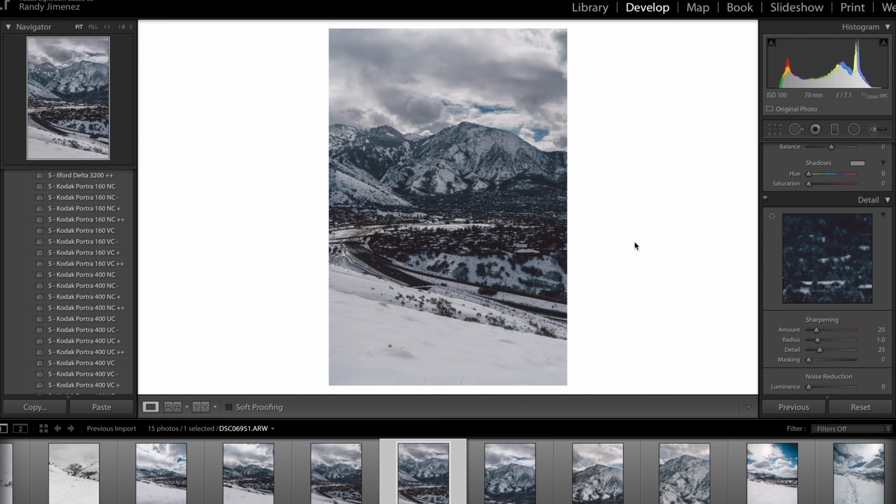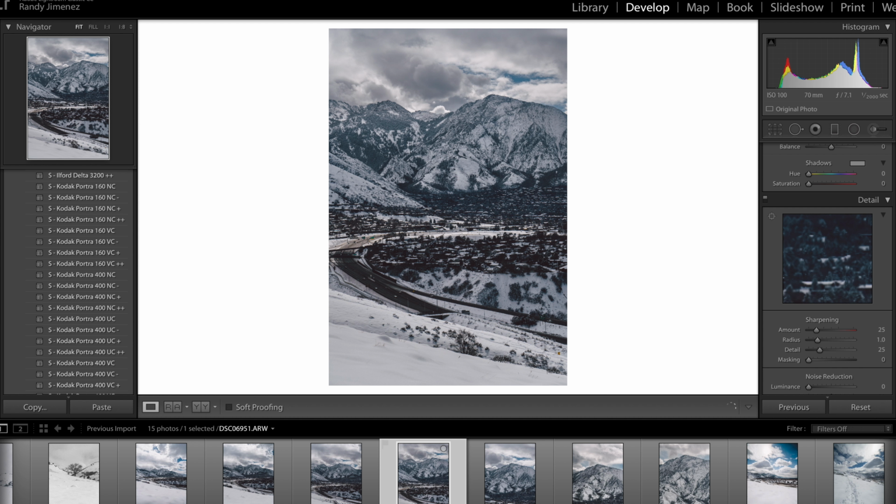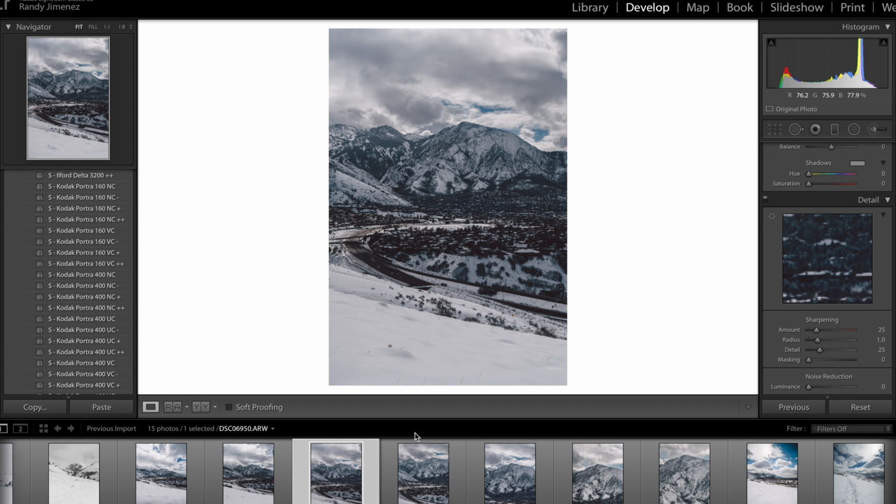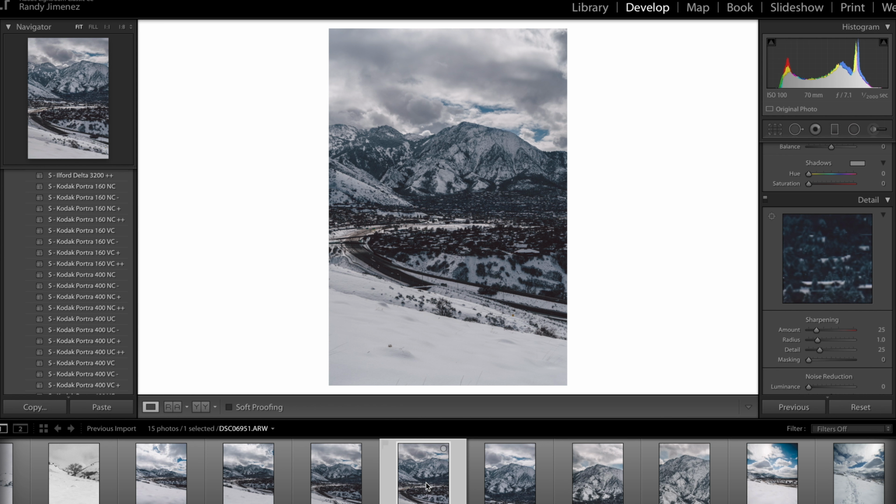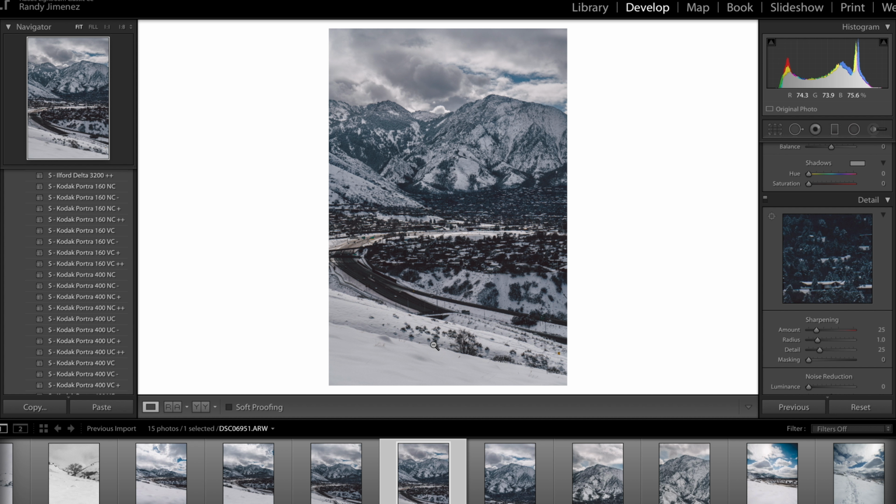Now the next one I stepped up to was 70 millimeters, and from 70 millimeters, that exact same effect. You see this foreground starting to disappear. So the foreground on the 70 millimeter really starts at about these little snow bumps right there. You see, there they are right there. And then this mountain you see now is taking about a third of this frame up, and that road is